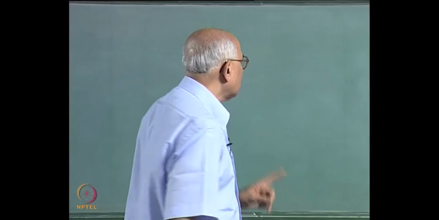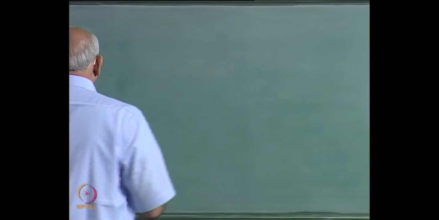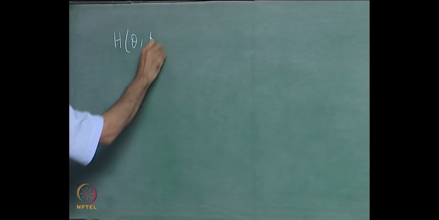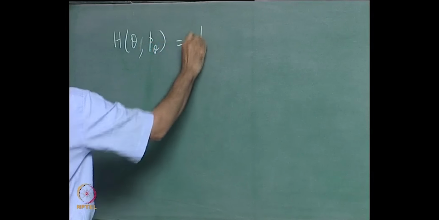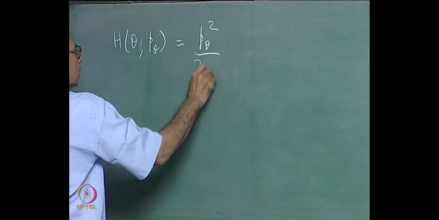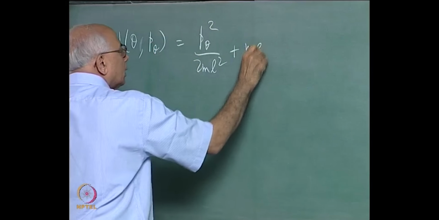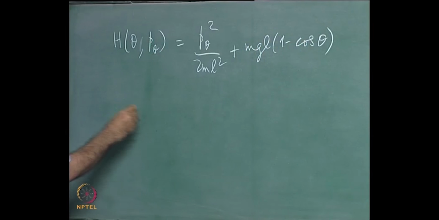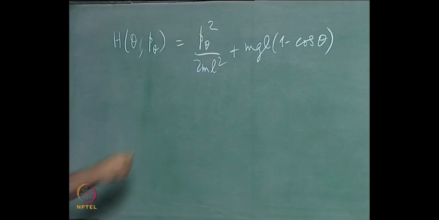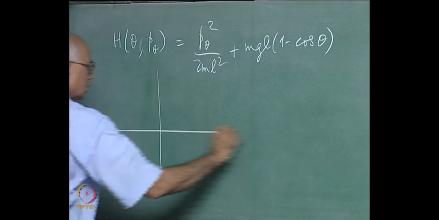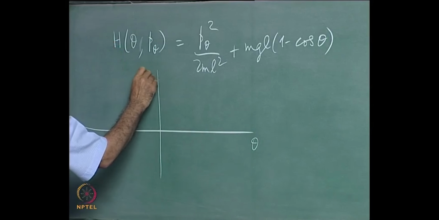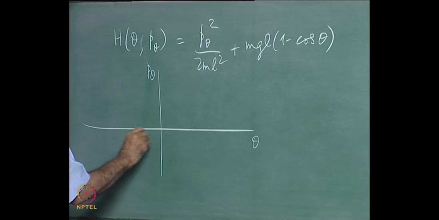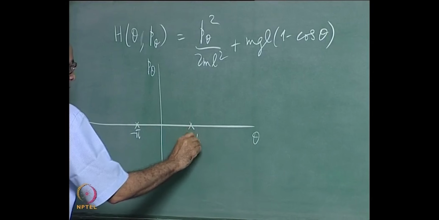We resume with our discussion of the simple pendulum problem, in which, recall, the Hamiltonian H of theta comma p theta was p theta squared over 2ml squared plus the potential energy, which is mgl into 1 minus cos theta, and we were specifically interested in finding out what the nature of the solution was as a function of time on the separatrix, which took you, for instance, from the saddle point at minus pi to the saddle point at plus pi